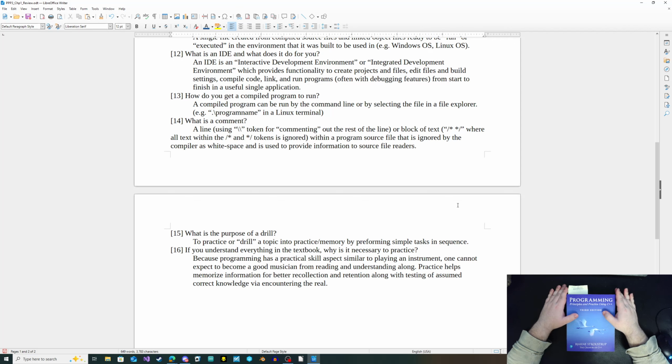Practice helps memorize information for better recollection and retention, along with testing of assumed correct knowledge via encountering the real. So you may believe that you understand everything about the material, but when it comes to using it, to practice it, or to bring it into practical reality, your knowledge is going to be tested. What you believe to be true is going to be tested, and problems are going to be encountered that may not be understood. So, this concludes my review of Chapter 1